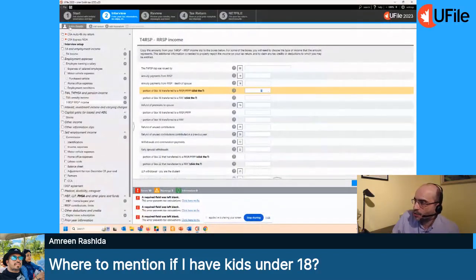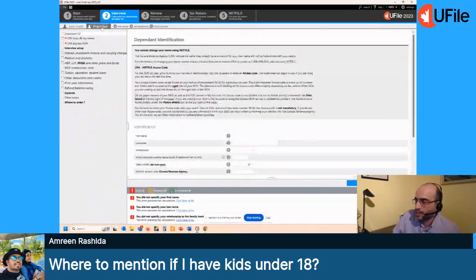So you see here when you've got your file, you've got add a spouse and add a dependent. So you simply click on the tab that says add a dependent, and then from there you enter your child's information, and you've essentially added your child that is less than 18. The program will make whatever claims can be made, including the Canada Child Benefit, or if you're what's called a single parent, it will claim the eligible dependent amount automatically for you.